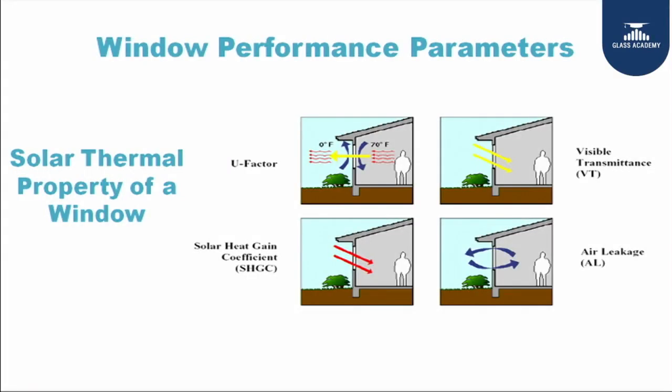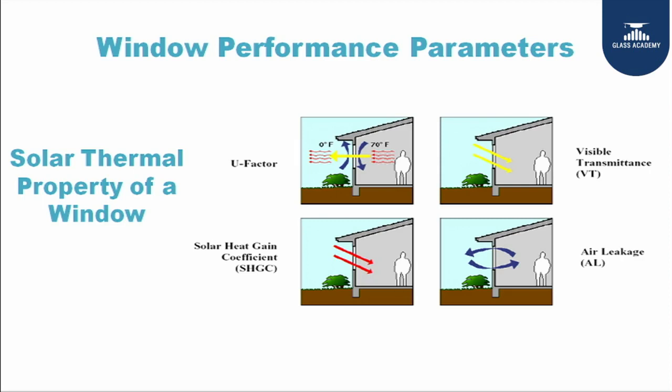So, once you have done this designing of windows with 3 parameters, how do you know that your windows have performed to the levels, or how do you measure the performance of these windows? Internationally there are 4 parameters which are used for measuring window performance. We talk of U value, SSGC, VLT and air leakage. Using these 4 parameters, you can define the performance of windows.